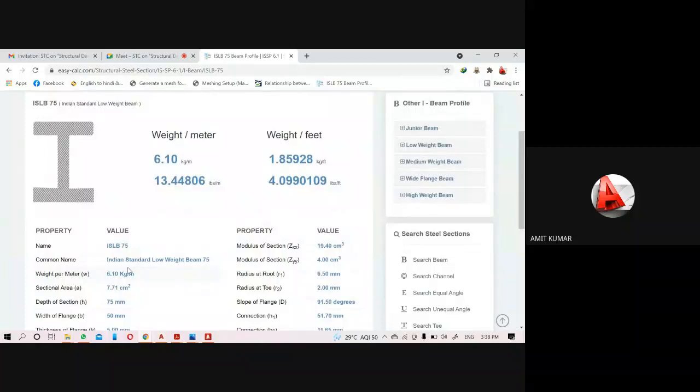And you can even get the unit weight for 1 meter. That means a 1 meter length of this steel will have a weight of 6.10 kg, and for a 1 foot length you will get the weight like this.